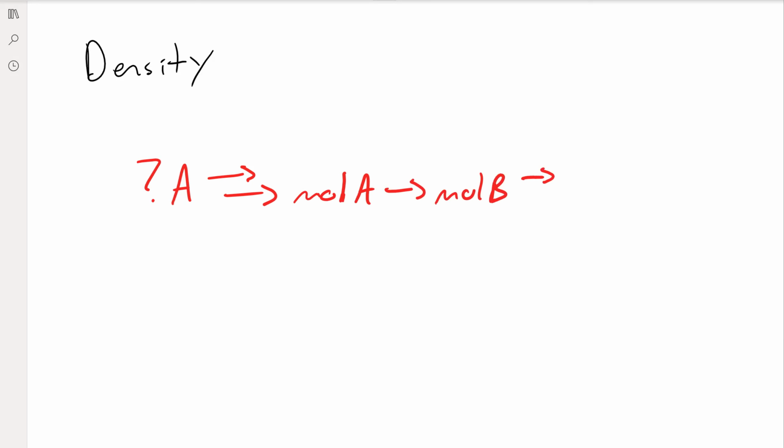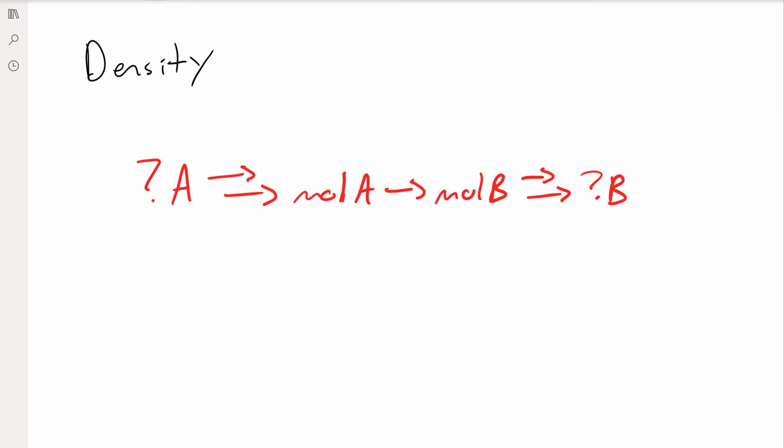Let's take a look at another practice problem, but again, the template is totally the same. We're going to start off with some amount of A in some kind of form. Somehow, some way, we're going to come up with moles of A, which we're then going to use our stoichiometric coefficients to get to moles of B. And then somehow, some way, we're going to convert this moles of B into some question mark of B,